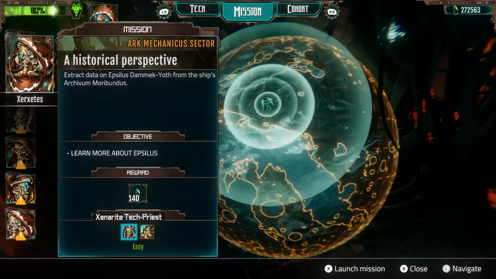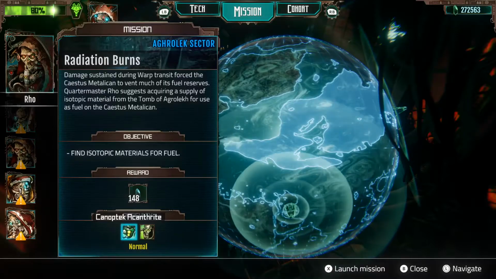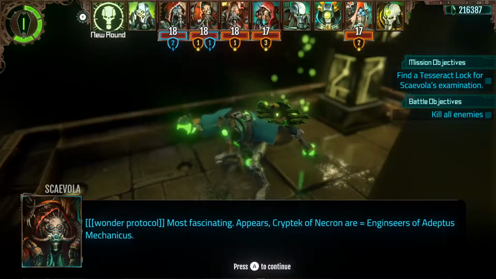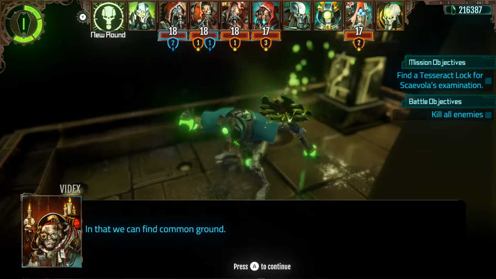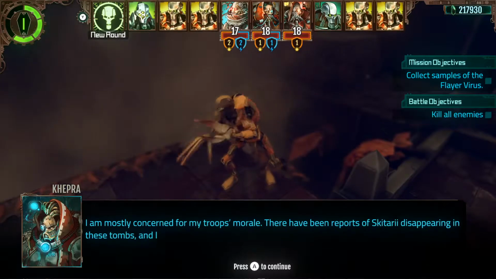Here from the bridge at the Caestus Metallicon, you can choose which mission to take. Missions are delivered to you as requests from your highest ranking crew members. New storylines will unlock based on previous missions you've completed, and which ones you choose will affect what happens within the story of Mechanicus. Some will expire if you leave them unattended for too long, so your choice has to